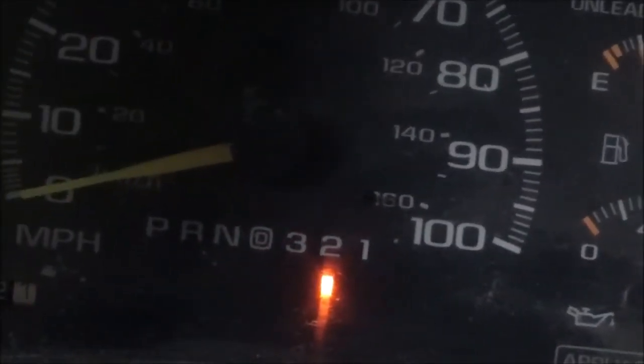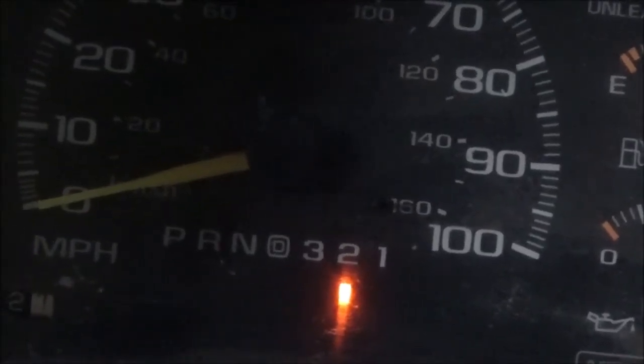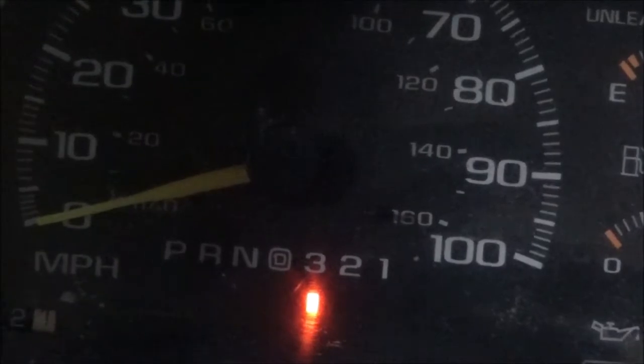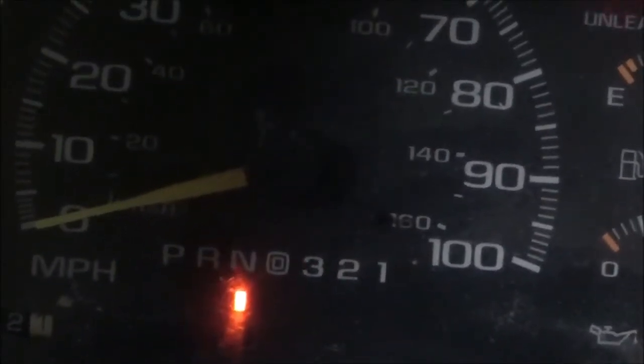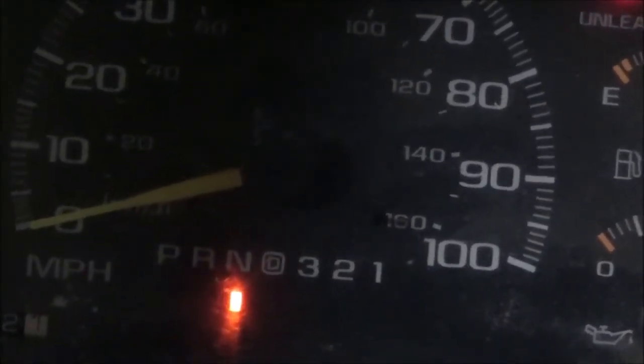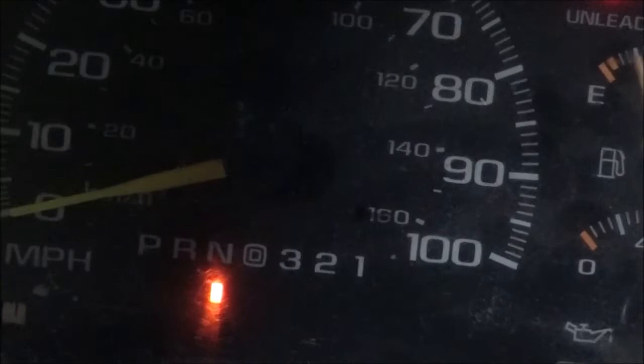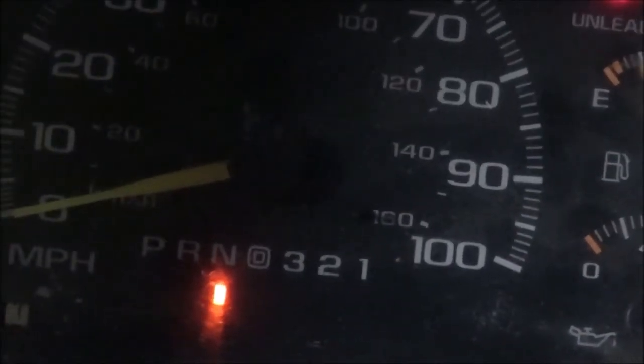I go to 3, and it went to 3, and then jumped back over to 2. Okay, drive, and it jumped to 3. I go to neutral, it stays in neutral. Ain't working here. Okay, neutral. Reverse is in reverse, but it says neutral. Go back to park. Now, even though this is showing incorrectly, I got the scanner hooked up to it, and